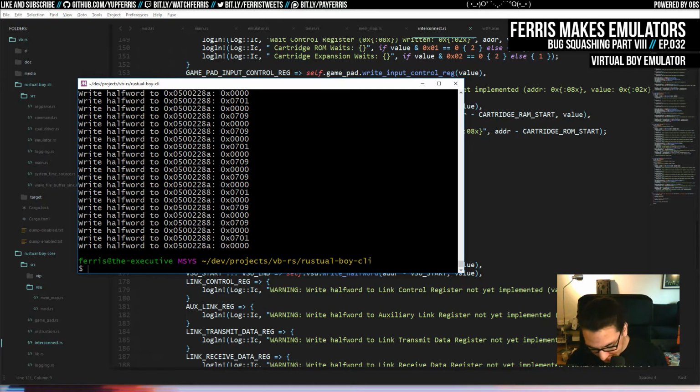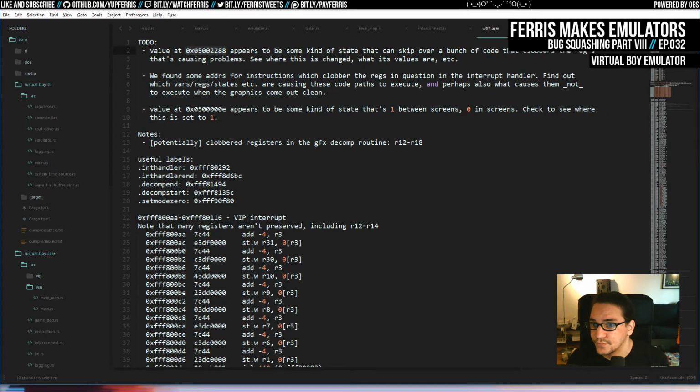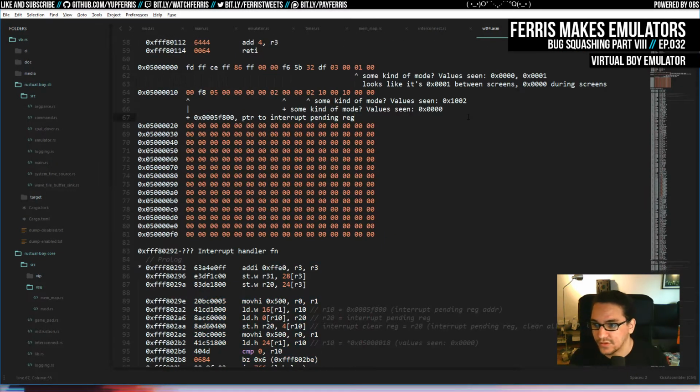So I can detect when the corruption happens. It's a little bit of manual work, but I can detect when the registers are clobbered, and I can basically detect where that is. I have that in some of my notes here. If I search clobber,